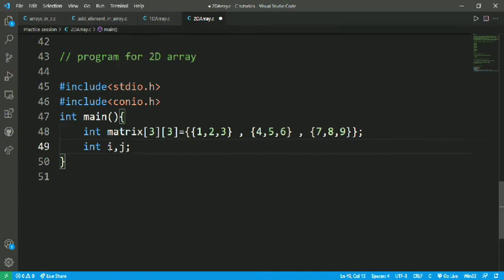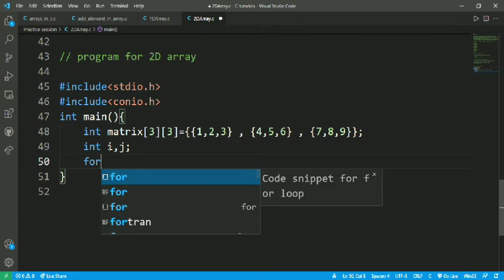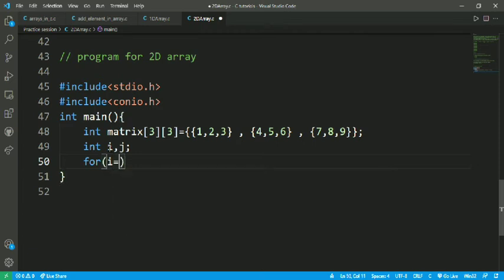For that we have to use two variables for iterating. For i equals to 0 and i less than 3, because it has only 3 elements in a row, that's why. And i plus plus.